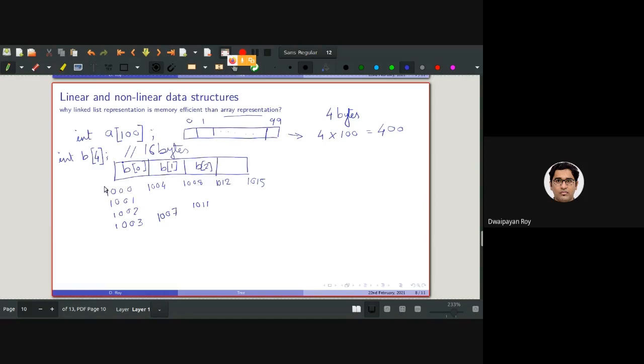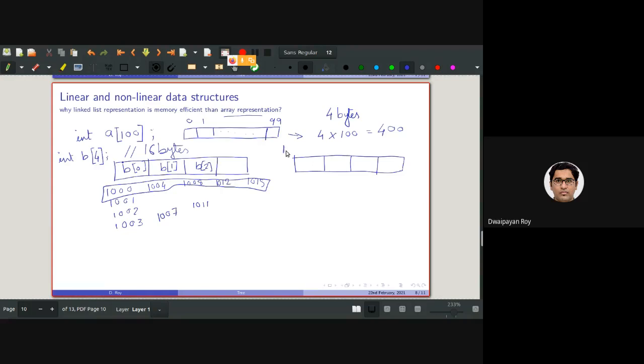And this 1000 to 1015, pardon my not so linear line, will be in a continuous location in the memory. So again, if I redraw this once again, every byte corresponds to one address.